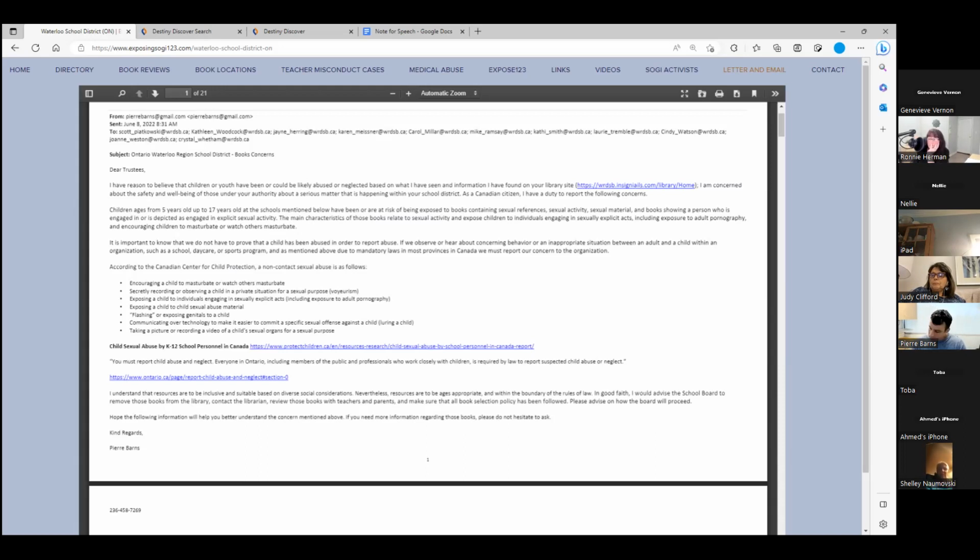The first 3 books were at the beginning of the battle, and to remove Genderqueer, I didn't even have to write down any form. I just showed them that the book was in the school. The book was removed from the school and given to the school superintendent. And then the school superintendent realized, oh my gosh, they're not lying when they say that the books are there.